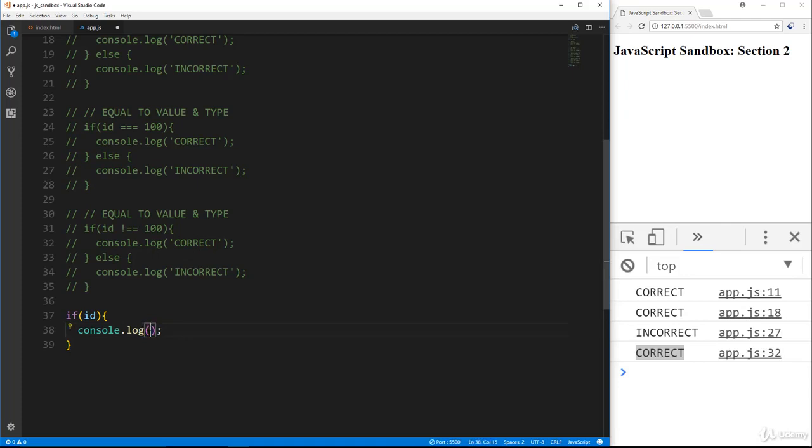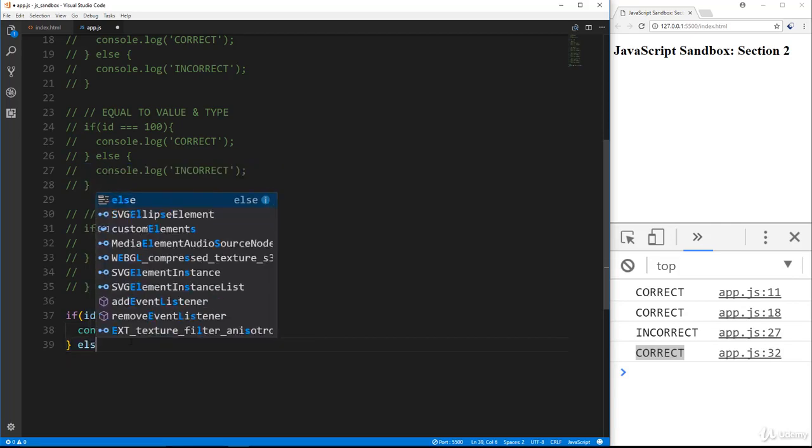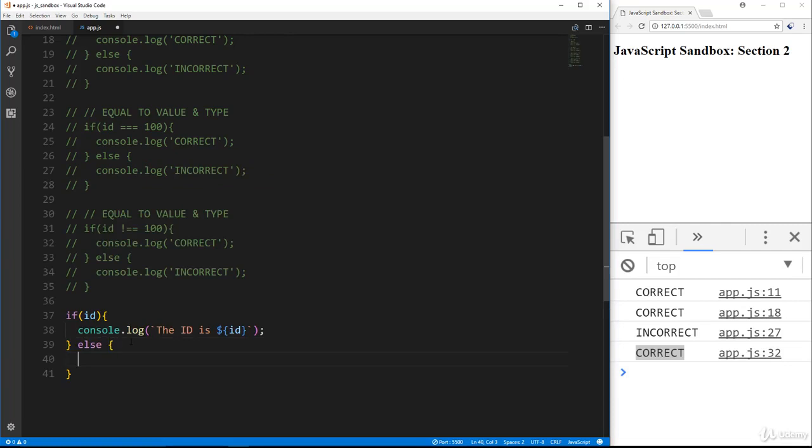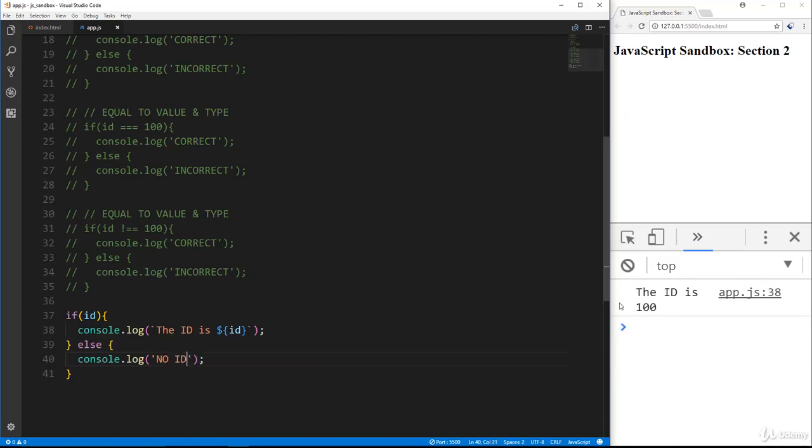I'll put this inside of a template string, so I'll use backticks, and we'll say the ID is, and then we can put a variable like this. Okay, we already went over template strings or template literals. Else, then let's console.log no ID. All right, so if I go ahead and save this, it's going to say the ID is 100,